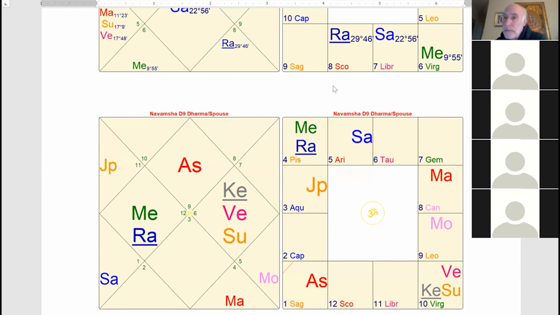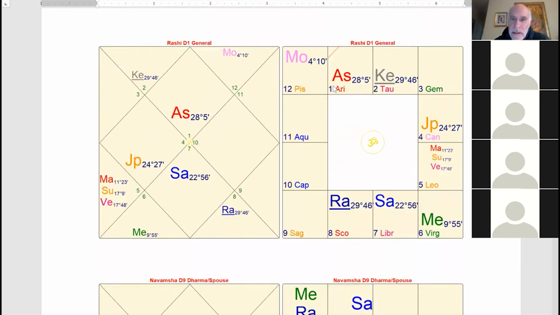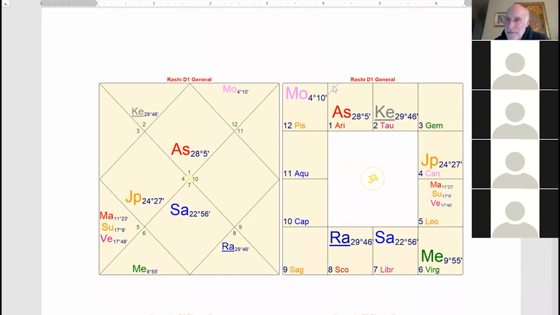Yes, we have two debilitated planets that are in mutual glance of each other, which actually, if you read my article on Enigma Wrapped in a Mystery, where I was talking about when debilitated planets can give the results actually strongly, this is one of the instances, and I could show many examples of this. Just on a side note, Mercury gave her at least one child, maybe two children. I'd have to go back and check that.